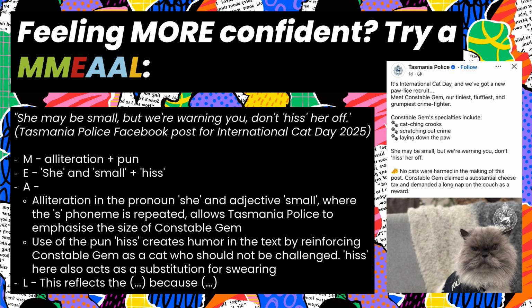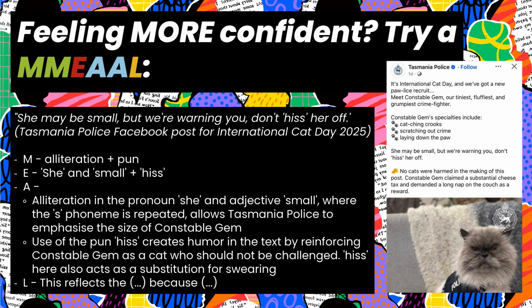But at this level, we've got 2 pieces of meta-language from the same example with 2 points of analysis. So remember, each time you add an M in your meal, we also want to add another A, another point of analysis, because it's really important to be as specific as possible when we're analyzing language features. And each time we identify a piece of meta-language, we also want to explain the effect of that language feature